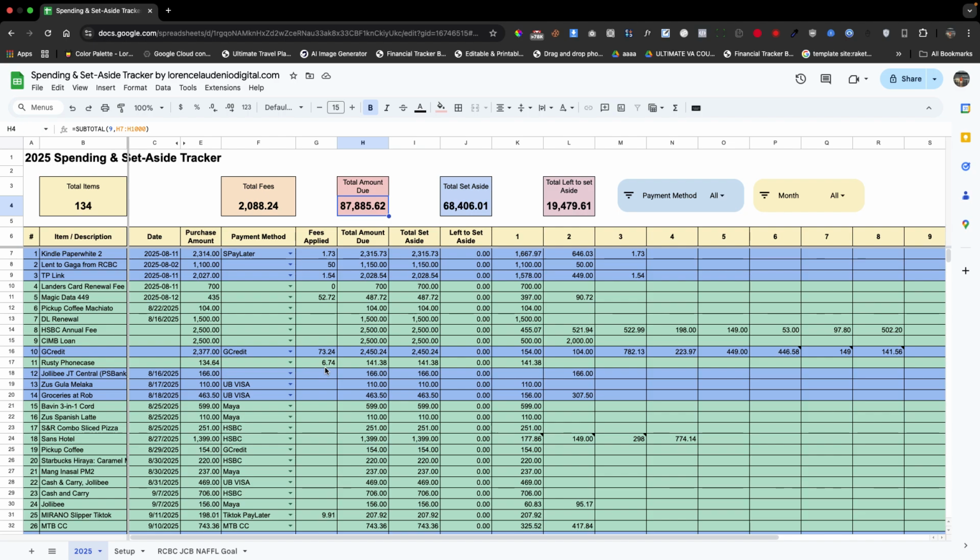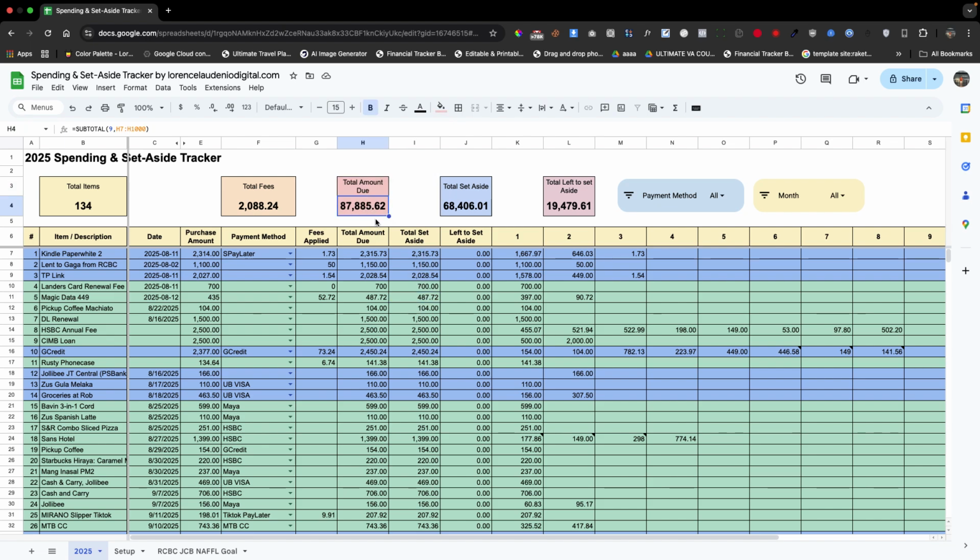But as the year closes, the total fees become higher. So that's also a good sign. And next is the total amount due. So see, if I don't track my spending, I wouldn't know how much spending I have made this year. I was also shocked by what I have been buying online.